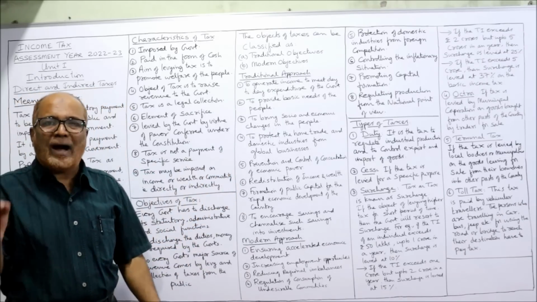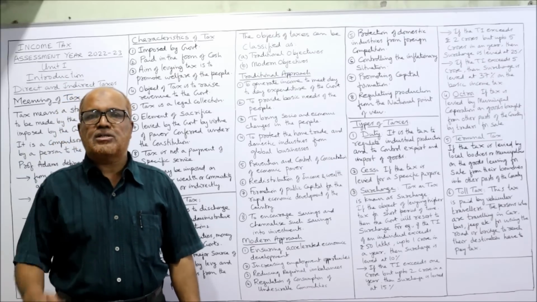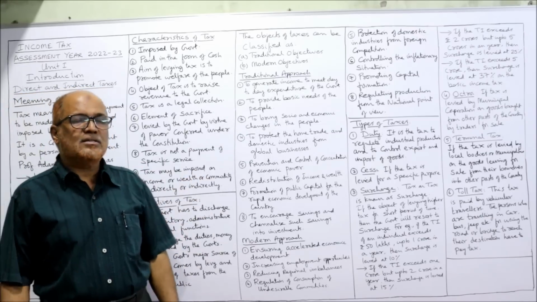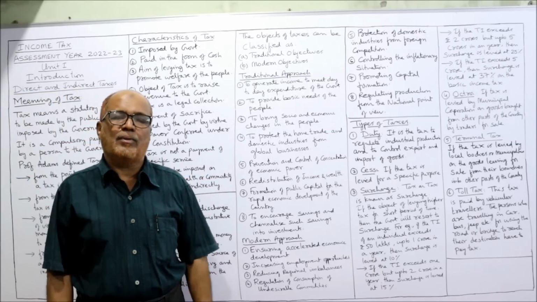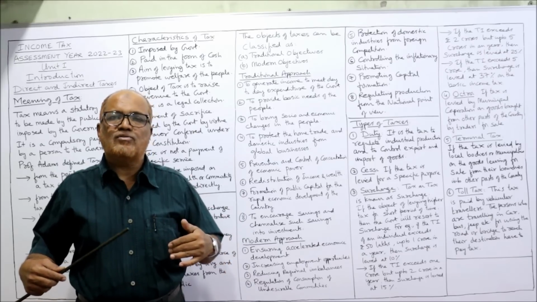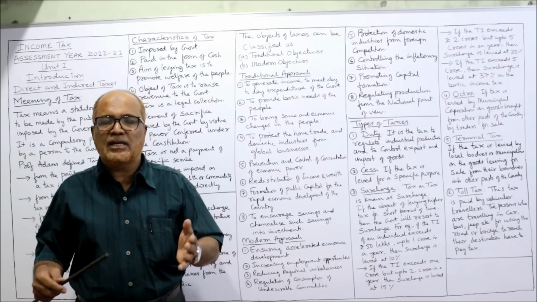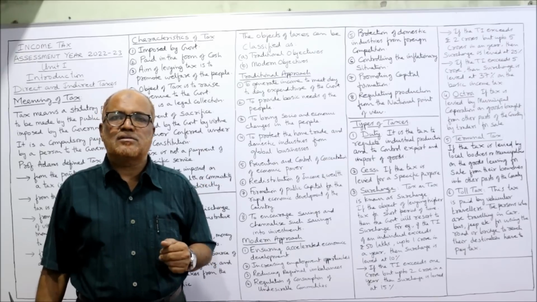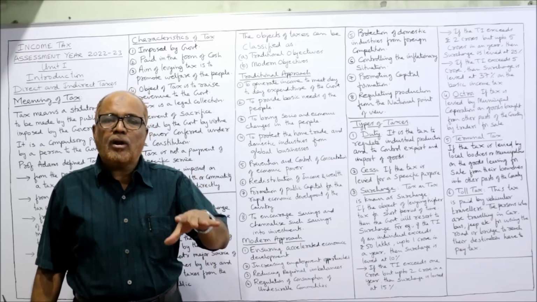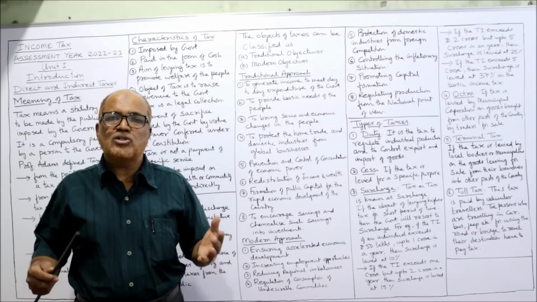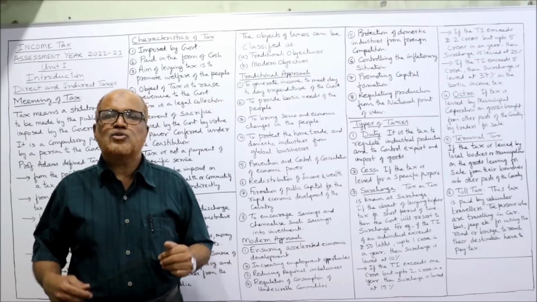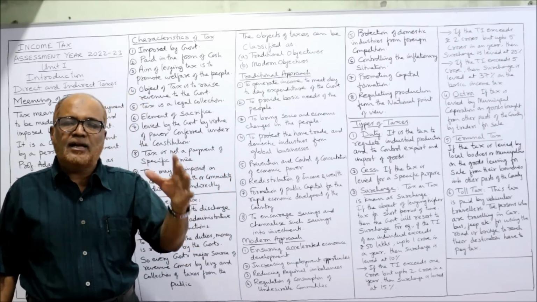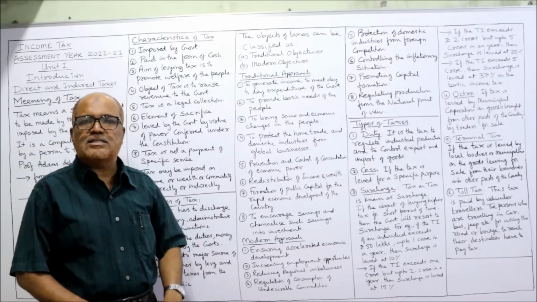So traditionally, why are the taxes collected? What are the objectives of collecting the tax? First one, to generate income to meet the day-to-day expenditure of the government. Just like an individual has so many expenditures from morning till evening, he will spend money on different activities, different purposes, right? Similarly, the government has to spend so much day to day. Day-to-day running expenditure is required by the government. So in order to meet the day-to-day expenditure, the government is collecting the tax.